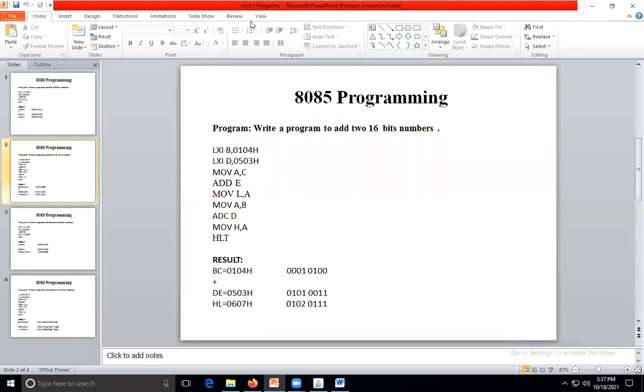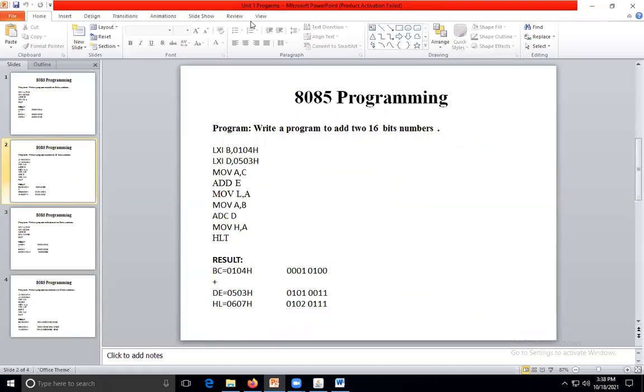So we will start this session. In the last two to three sessions we discussed many of the instructions related to the 8085. Using those instructions we are doing programming. This is today's practical and programming session, where we discuss how to run programs on your 8085 simulator. We are discussing two to three programs.